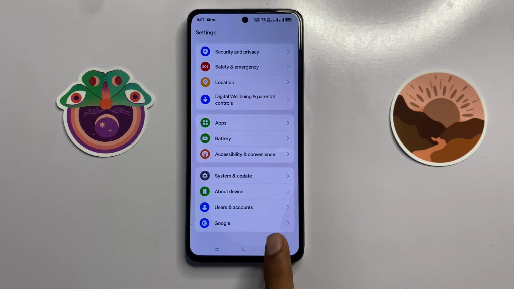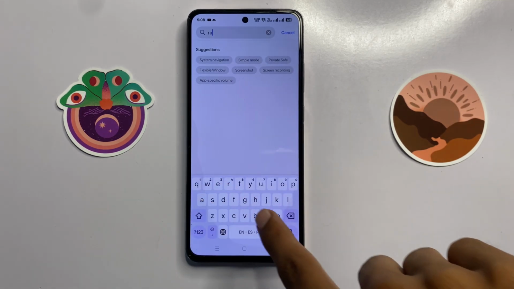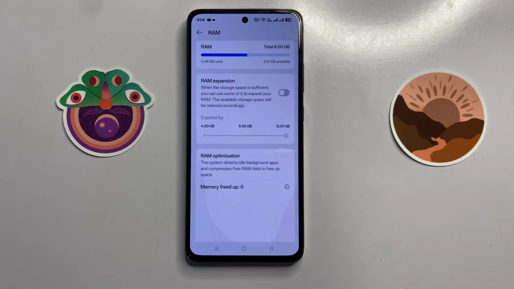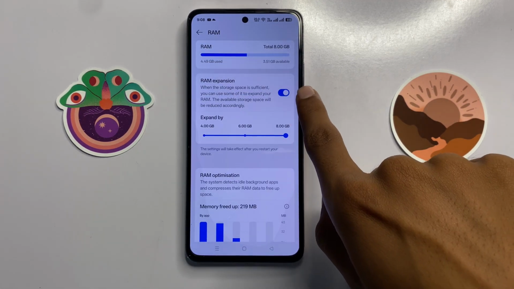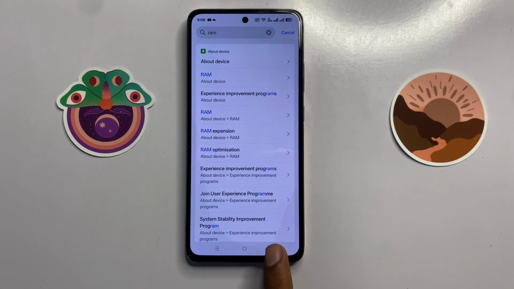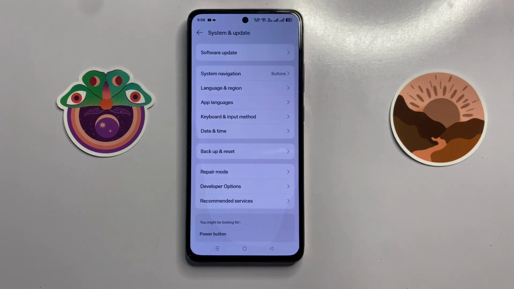After that, go back and search here RAM expansion. Now click on it. If you turned on your RAM expansion, then turn it off. After turning off your RAM expansion, go back and scroll down and click on system and update and click